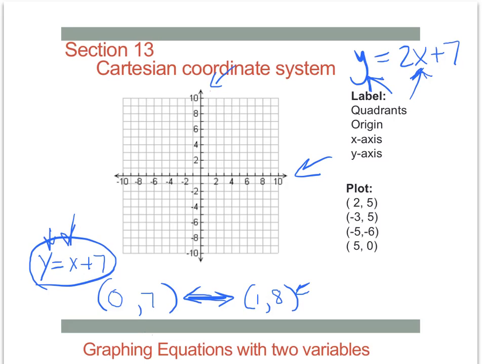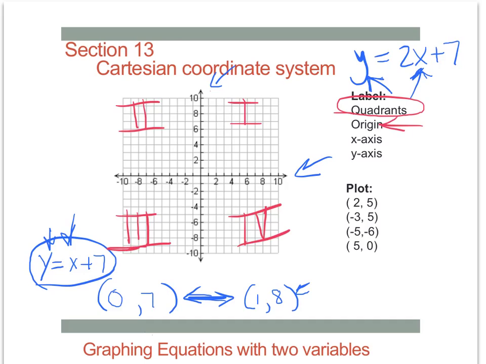Okay, so let's look at some of these things. Let's do some of this labeling. Let's label what's a quadrant. When we put these axes here, notice we sort of break up the plane or the page into 4 sections. We call those quadrants. We number them. Quadrant 1 is this first one, quadrant 2, and then around counterclockwise, quadrant 3 and quadrant 4. We usually name them with Roman numerals, don't know why.